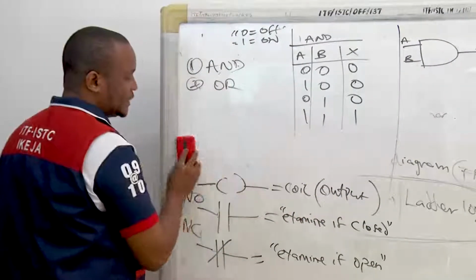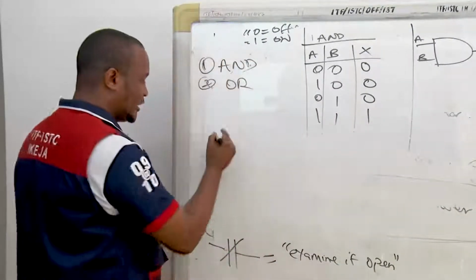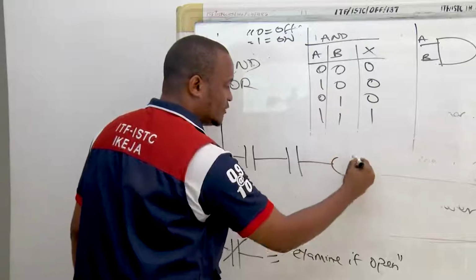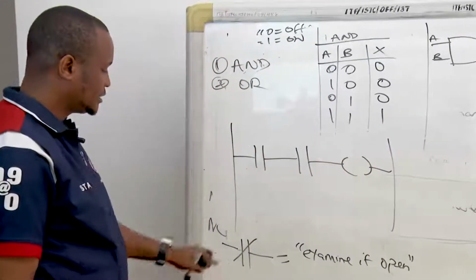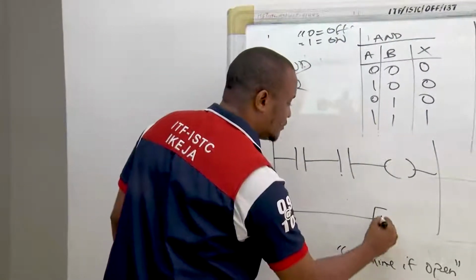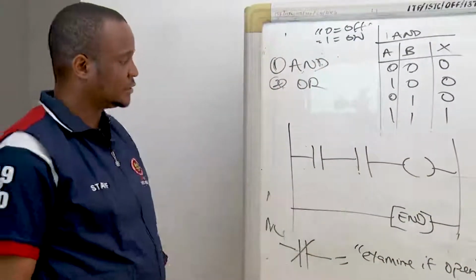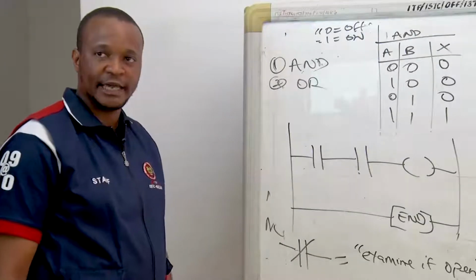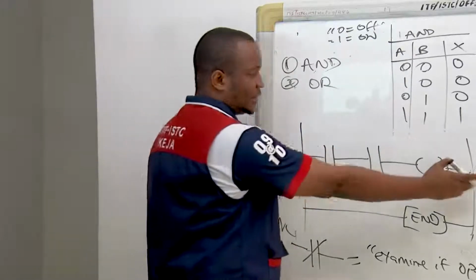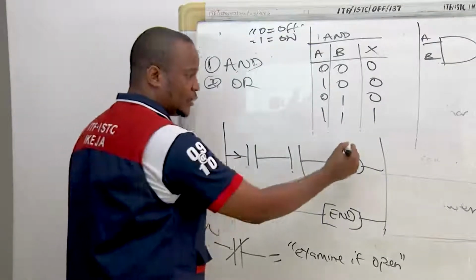So let us see how we can represent that AND, which is the relay, the same relay logic that was used initially while writing the ladder program. We could have two states this way, and then we'll have an output. Remember, we say this represents inputs and this represents output. So at the end of every ladder language, ladder programming, you must have end. Okay, you must have the end. So with this coil contacts, what it means is that power flows from here to here. I said this is the power rail. Now what it means that if we have power flowing here to have an output,